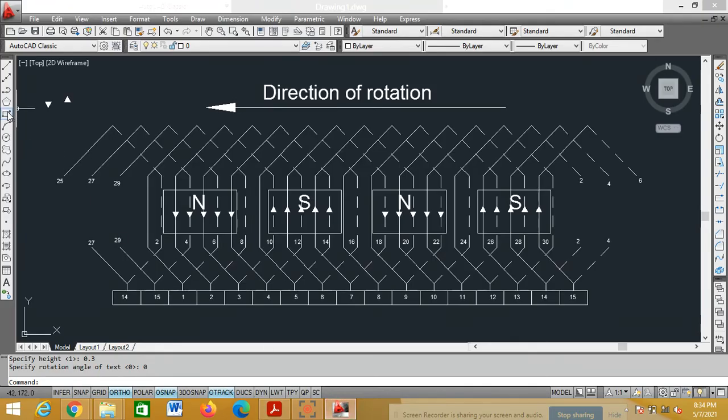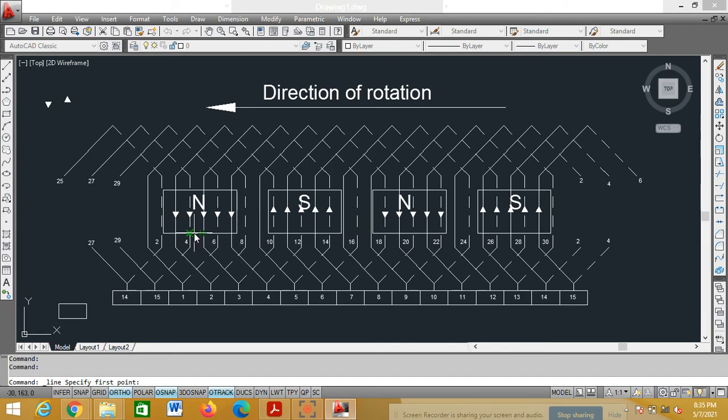So again go for a rectangle. Click here, dimension D, enter, length is 2, enter, width is 1, enter. Draw a rectangle of 2 by 1. Now take a line. Go for the first pole, north pole. See the midpoint.